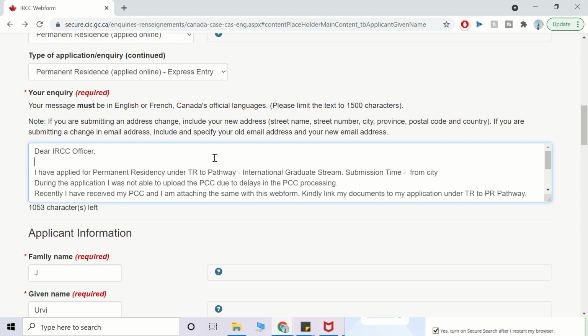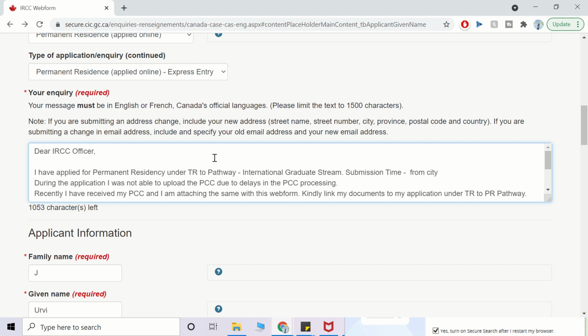So once I do that in the first sentence or first couple of sentences, what is my situation, which application I'm talking about. The next is what my request is. So during the application, I was not able to upload the PCC due to delays in the PCC processing. Whatever reasons, you can list all of your reasons here, make a good case.